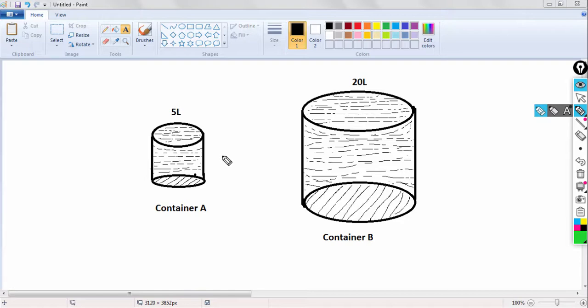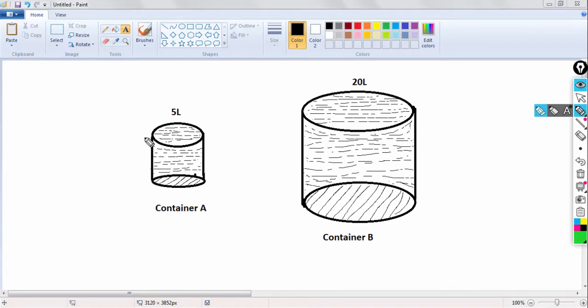See, implicit means automatic, and it will be done by the compiler itself, and explicit means the programmer has to do typecasting. Okay, so we'll see these concepts in detail, but to start with, let's look at this diagram.